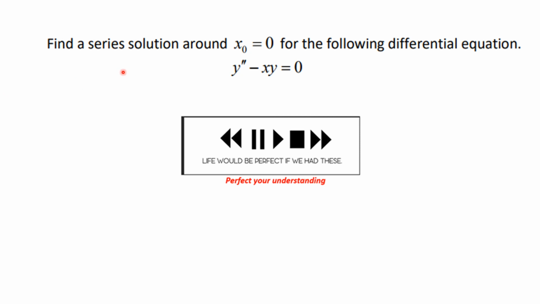Now here's a problem. Find a series solution about x0 equals 0 for the following differential equation. But notice this time I'm having a variable coefficient. But you ought to be able to handle this now. You know what to do. And when we return in 23.3, we'll see how you